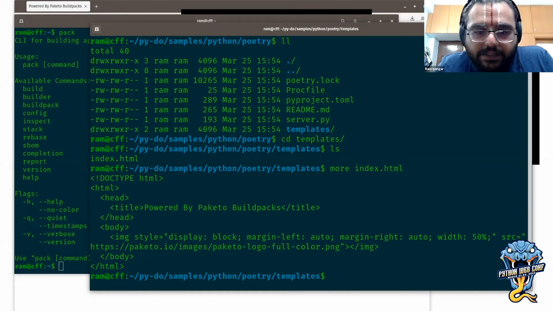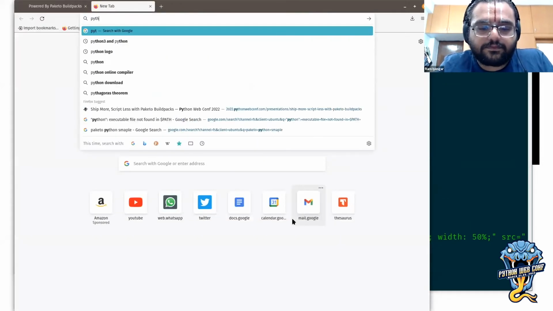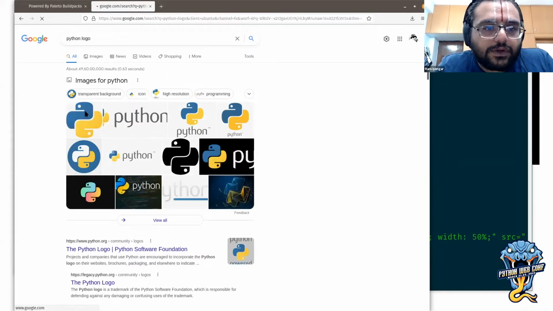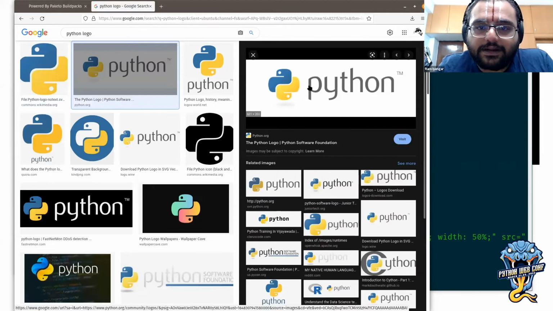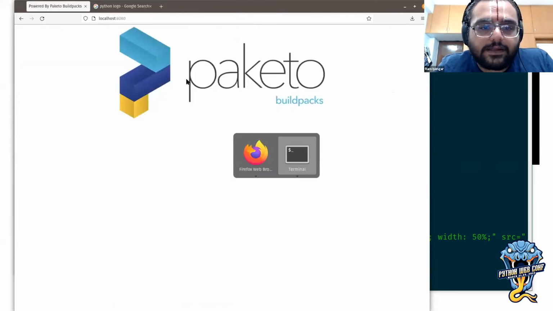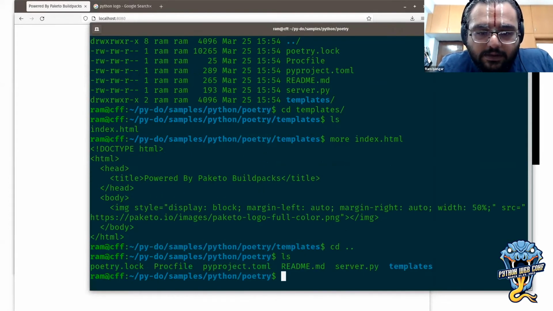Another Paketo image, I guess, but let's see. I'm also going to try and play to the audience essentially, and display this as well, in a bit. So what I'm going to do is first run through the build. So pack,